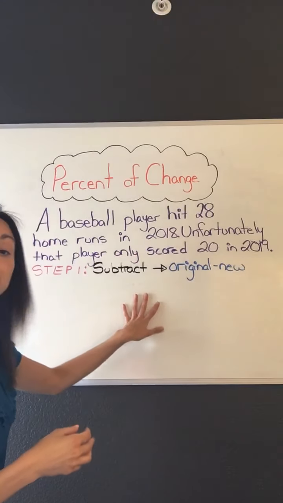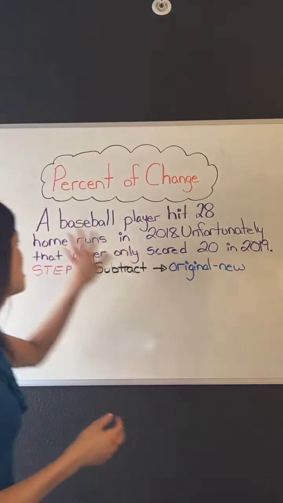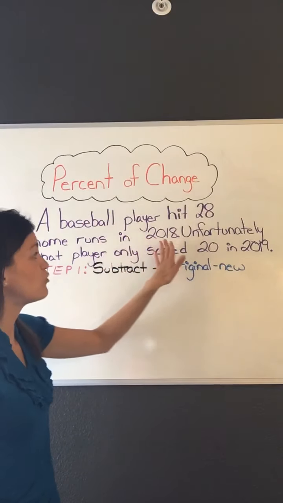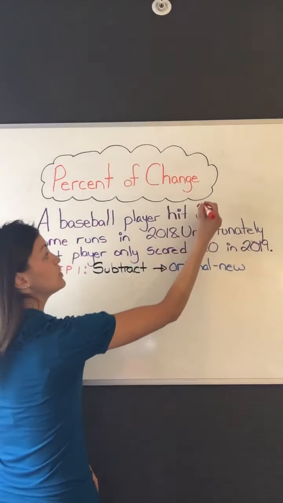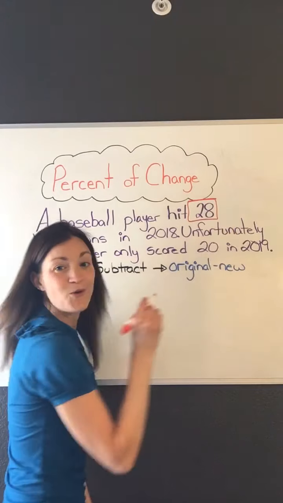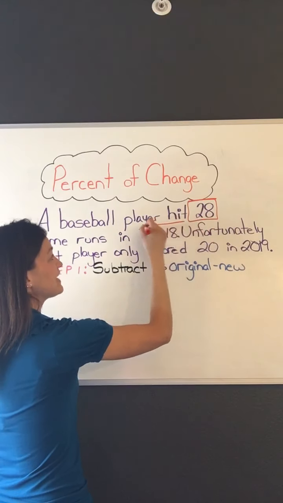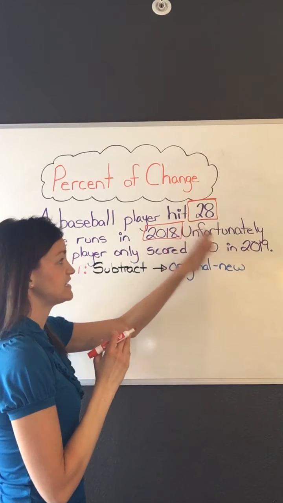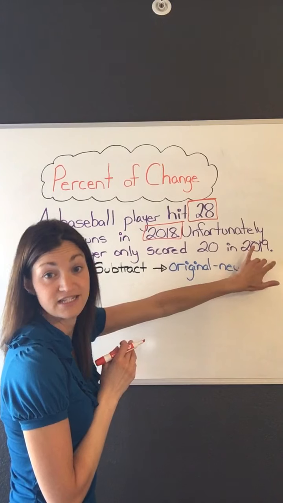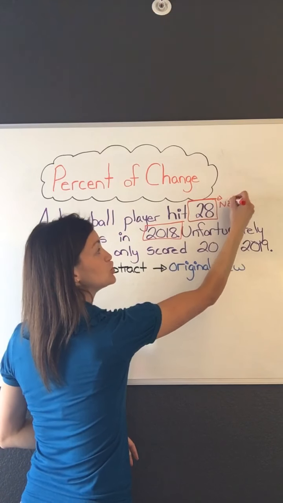So in this particular problem, what year or what amount came first? The player hit 28 home runs in 2018. So if this is helpful for you, over 28, and we'll color coordinate this so it's easier for you to see visually, 28 was in the year 2018. So 2018 came before 2019. So the 28 is your, if you want to write next to it, your